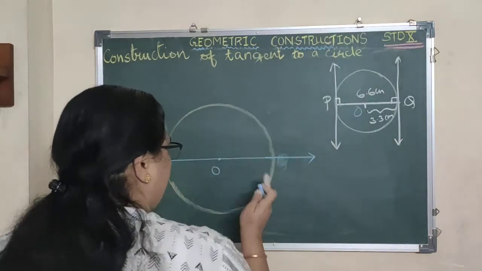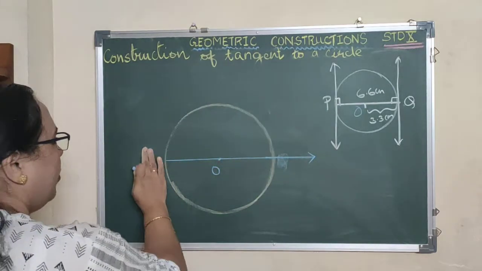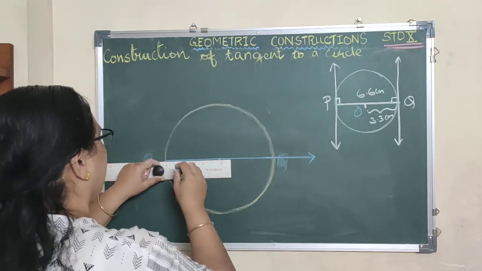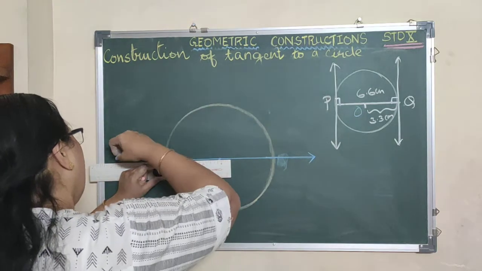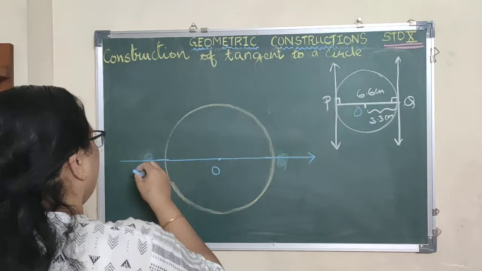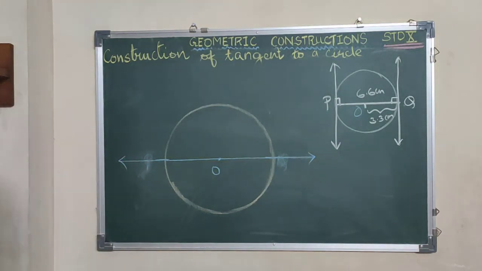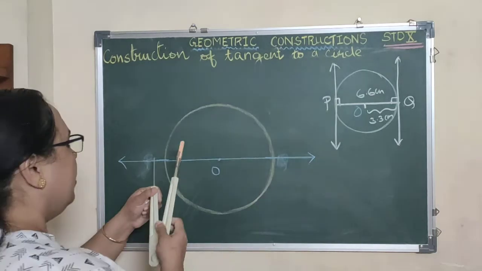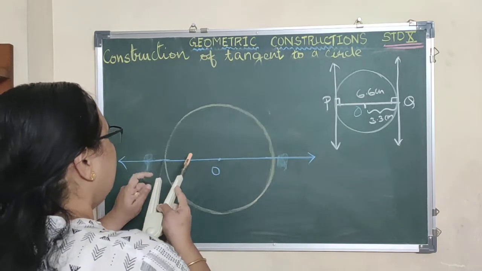And we will draw the perpendicular. Same way on this side also we will draw the perpendicular. So drawing any one of the diameters will help us to do the sum further. Is that very clear? So to draw the tangent at point P, take a suitable distance,